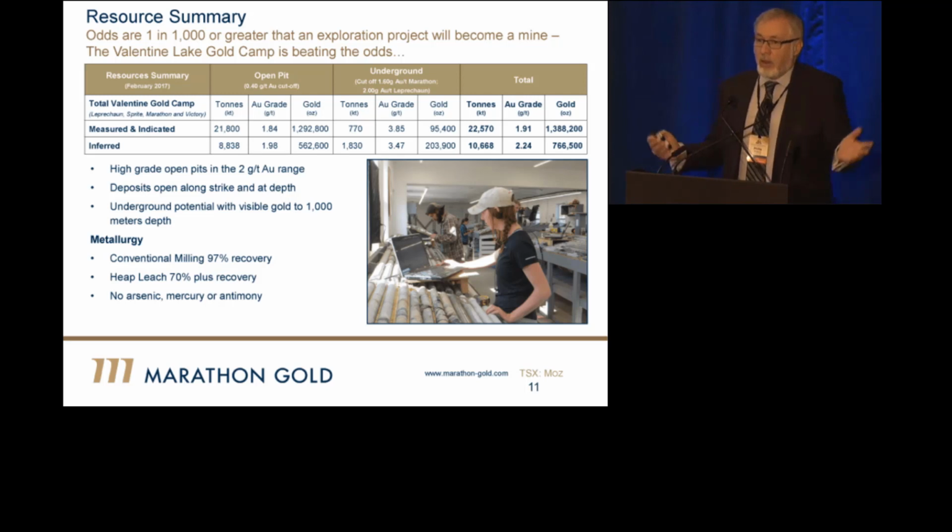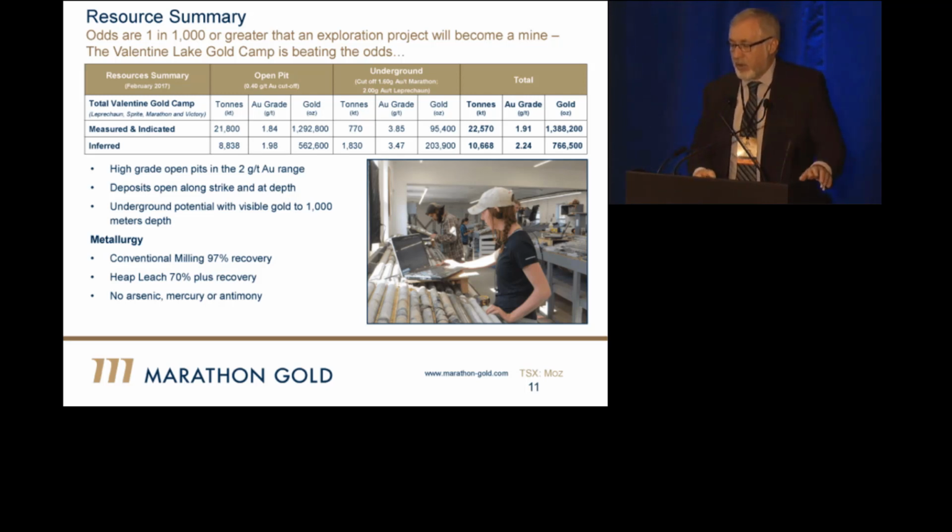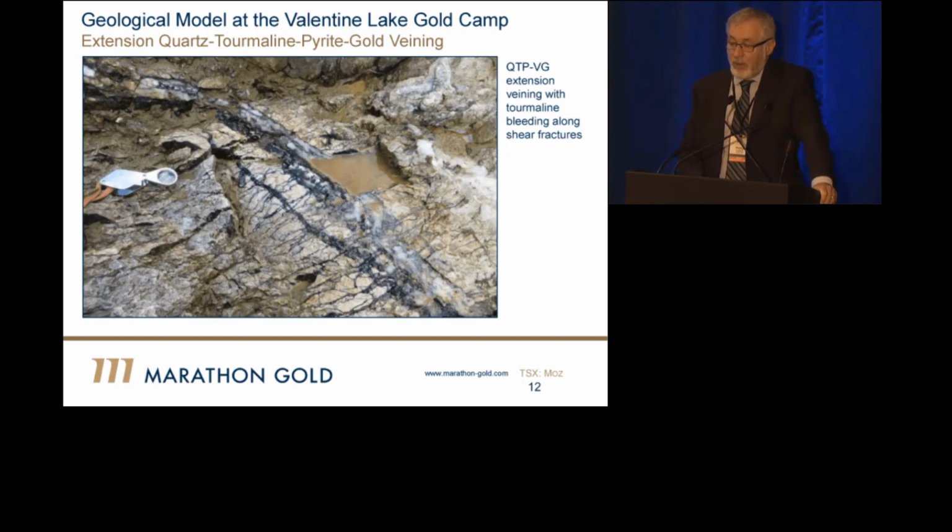We don't have any arsenic, antimony, mercury, any of the bad stuff. This is really clean stuff. Our mineralization is not in big veins, it's in small veins, but a lot of them. The black stuff's tourmaline, the white is quartz, and you can see